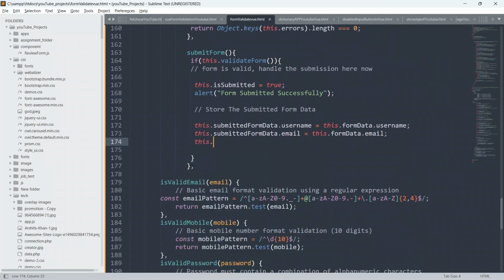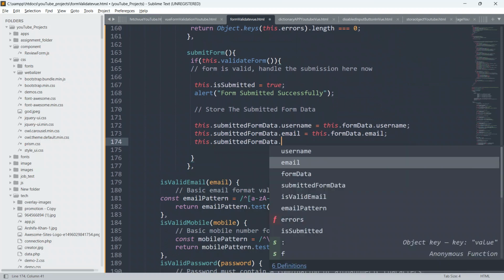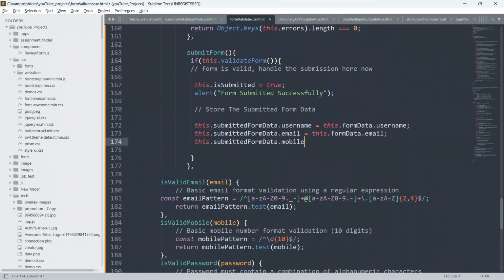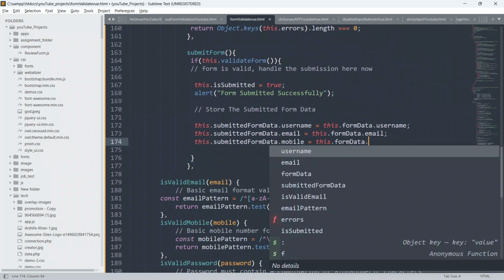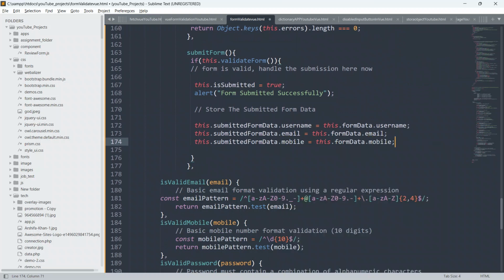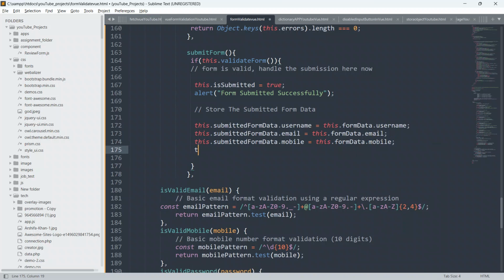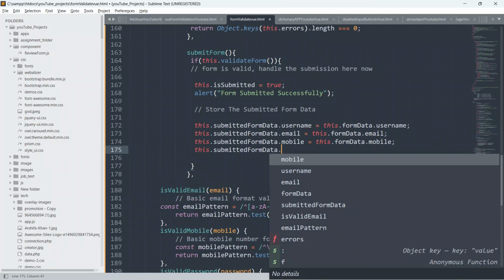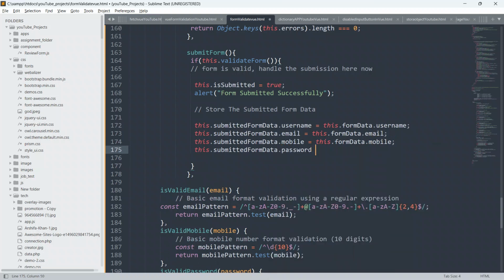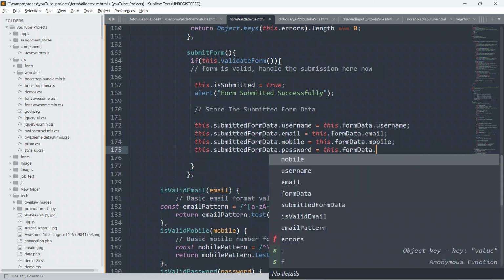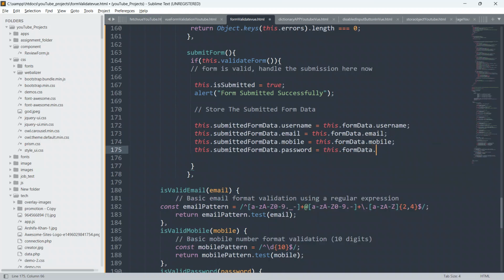We will say also this.submittedFormData.mobile equal to this.formData.mobile, semicolon. We will say also this.submittedFormData.password equal to this.formData.password.